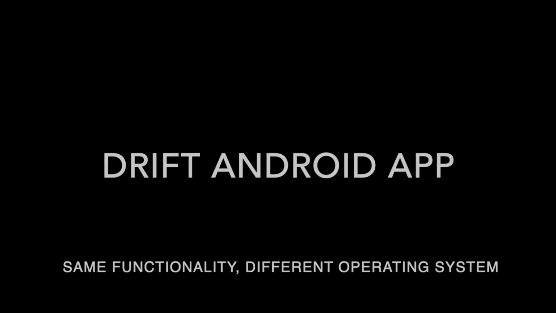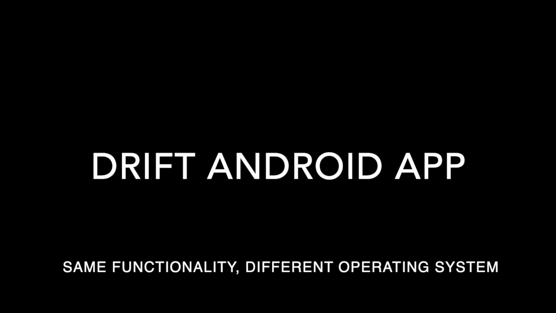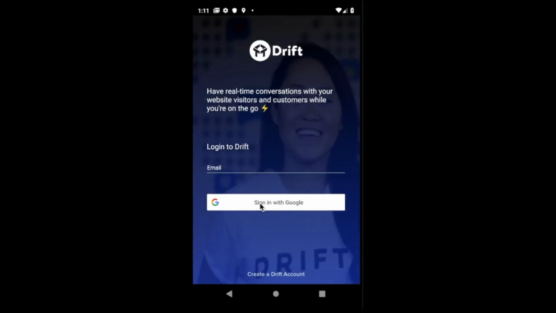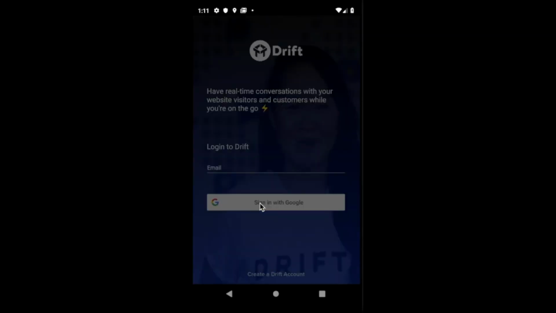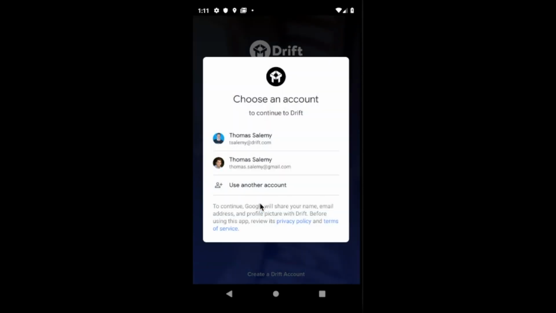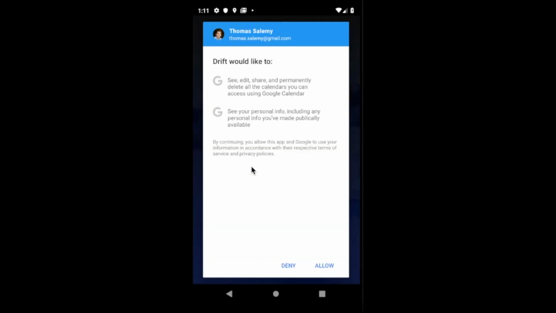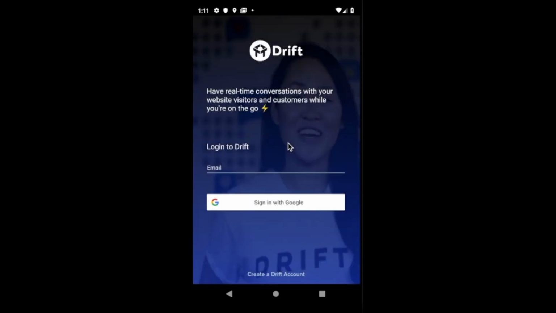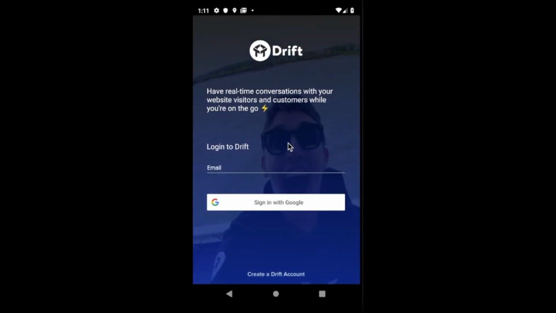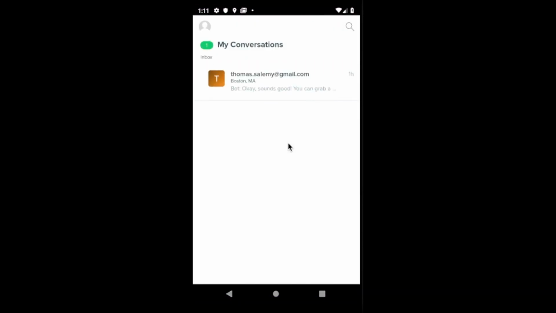and then it gives you the calendar. Now, the Android is the same exact experience, and so I'll just play it in this screen and add some more commentary on this. We see the pop-up of asking you for your permissions for strictly the calendar, for sign in with Google, and then we're just going to go through the same flow here of how we actually use this on the mobile app. So a site visitor, as I said, chats in to the Drift widget, and then they ask you, let's